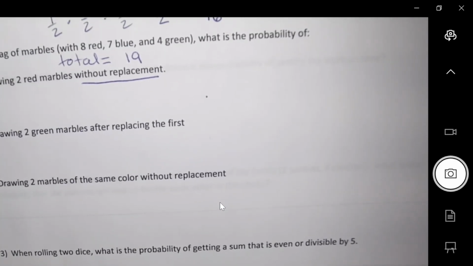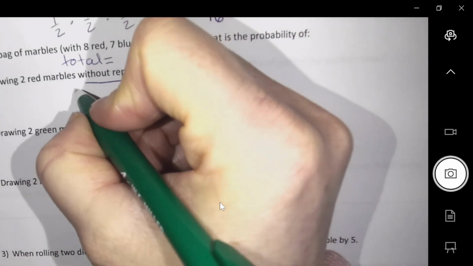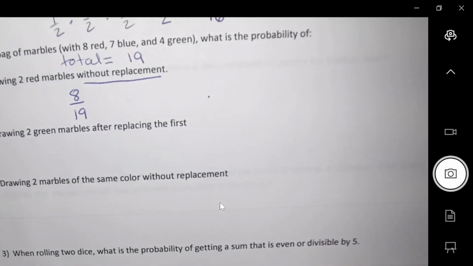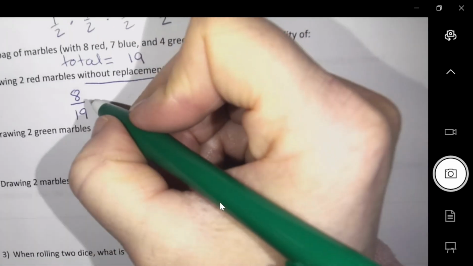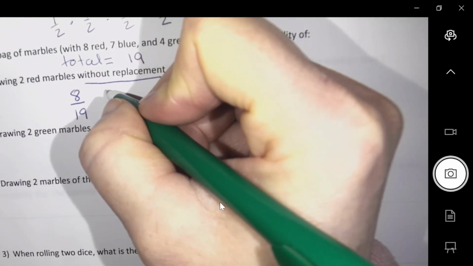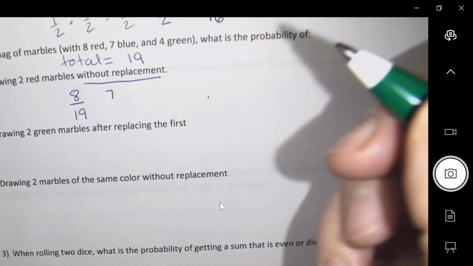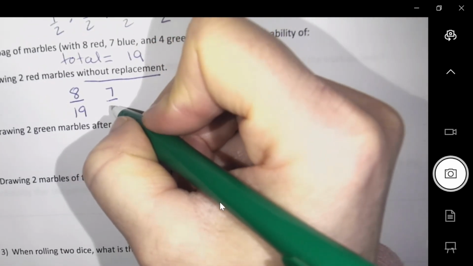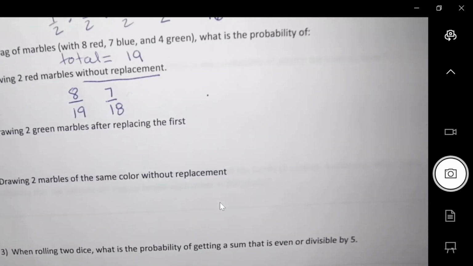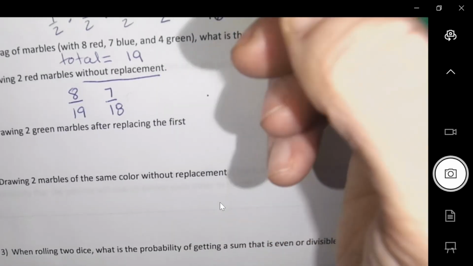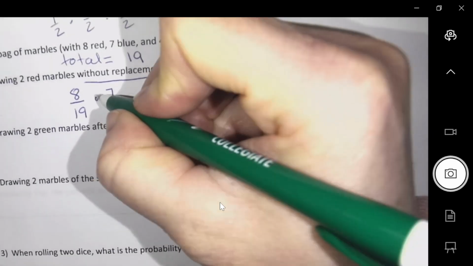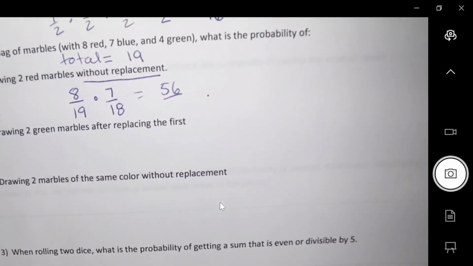Okay, I'm going to go into the bag. What's the chance that I'm going to get a red? 8 out of 19. I do not put it back, so let's pretend I put it into my pocket. Then I go back in, and the second time, now there's only 7. And instead of 19, because I kept one, that turns to an 18. And what math operation should I do when I'm doing this? Add or times? Times. So 56 out of